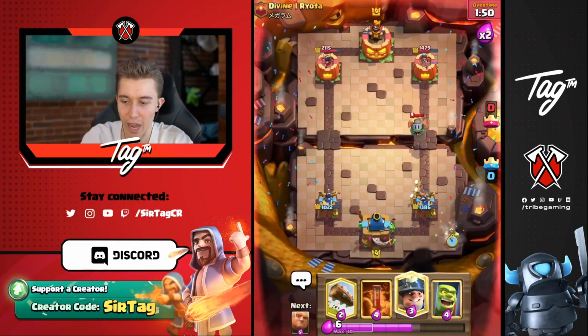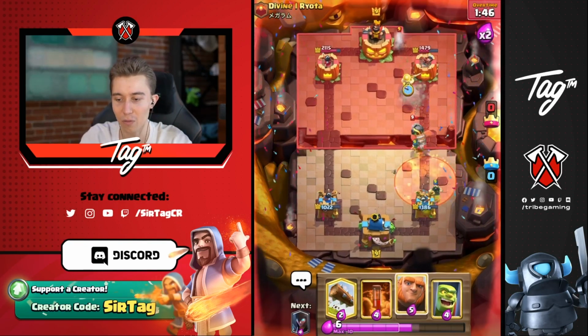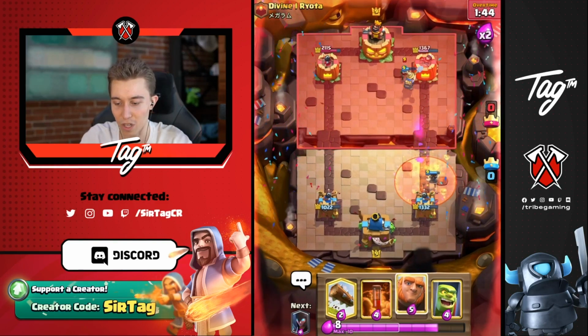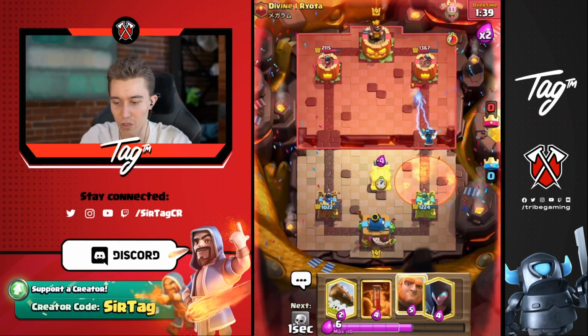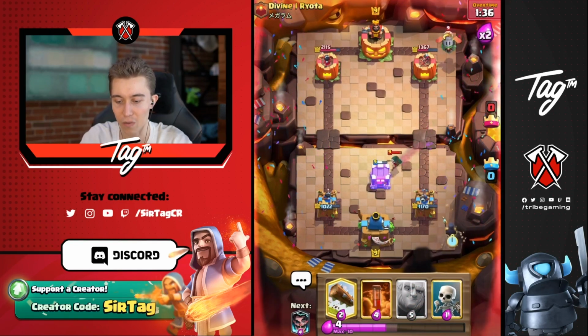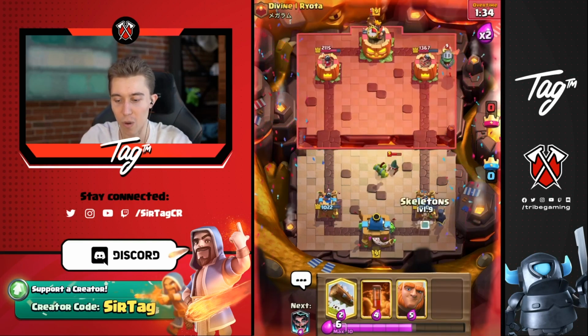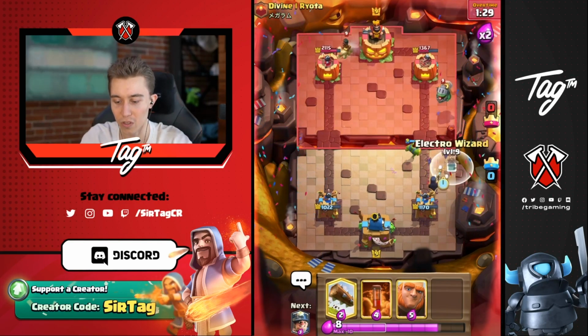So I'm going to go for an Electro Wizard now, and then we can go in for a Miner. He's going to Bandit. The Bandit's not going to be able to stop him from getting the hit initially, but it will get some dash damage. Waiting for a poison on us. I feel like I want to go in for a cage here, and I want to just let the Bandit dash onto that, and then save our Electro Wizard for his Ram Rider in the opposite lane, because I don't know if he'll be able to defend everything now, because he...